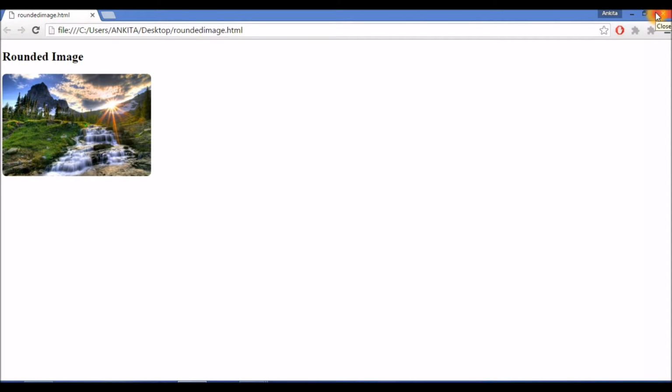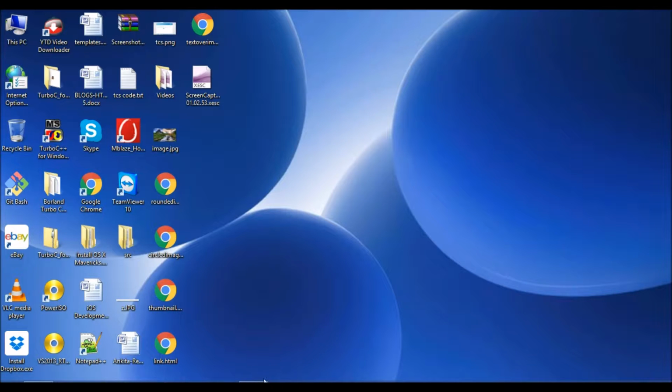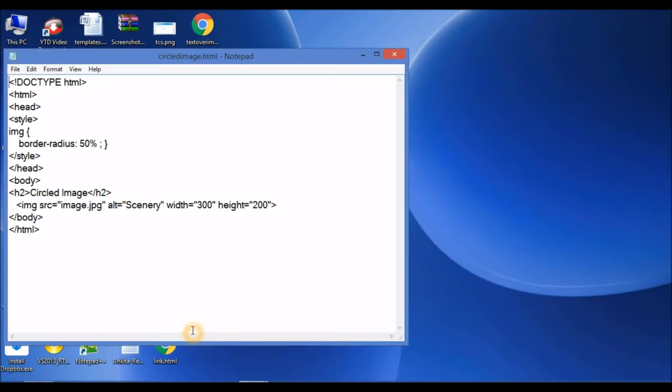Well, another question which is asked by most of the users is how we can get a circled image. If you want to get a circled image, then define your radius as a percentage, such as 50%, or just increase the percentage and your radius will become more, it will get more shrunken.